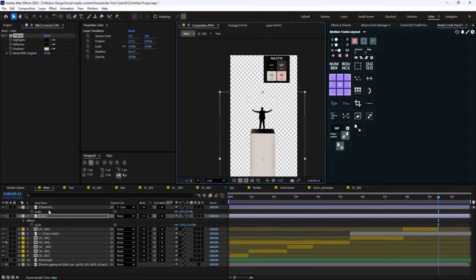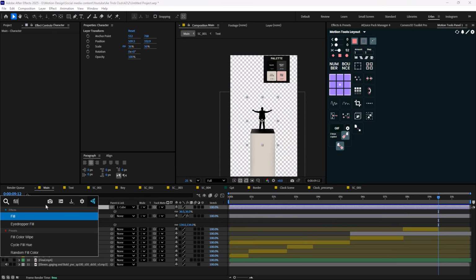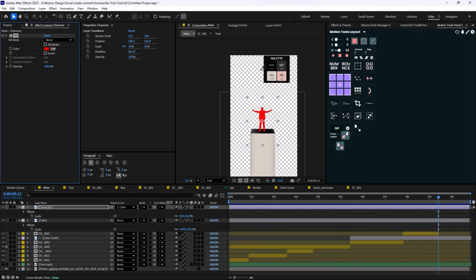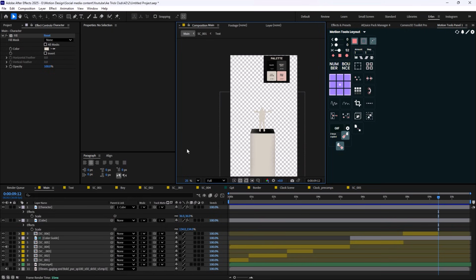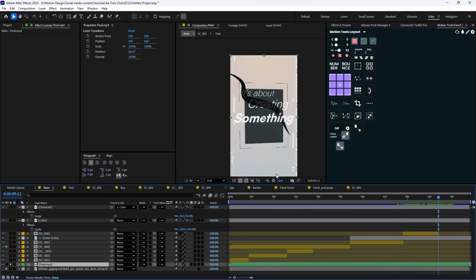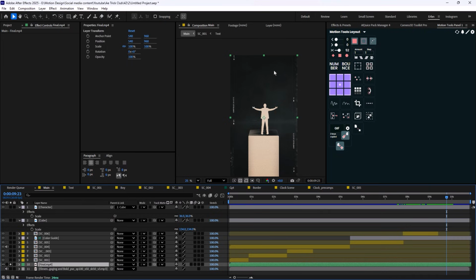All right, this looks good. We're gonna just select the characters. We're gonna add a fill effect into it. We're gonna just get the gray color. We need to add the background. So let's just check the reference to see which type of background I have used. As you see, it's just this, the texture background with the overlay and optical flares.